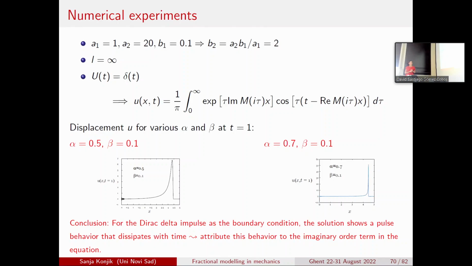And that is something which we can connect to this complex order derivatives, or this imaginary part of the order of the fractional derivative which we have in our model. Because as you remember, in all previous cases and in all previous numerical examples, we didn't have such a thing. And in fact, at first we were not sure whether it is okay or not, whether it has physical meaning or not. But then we looked at some experimental results